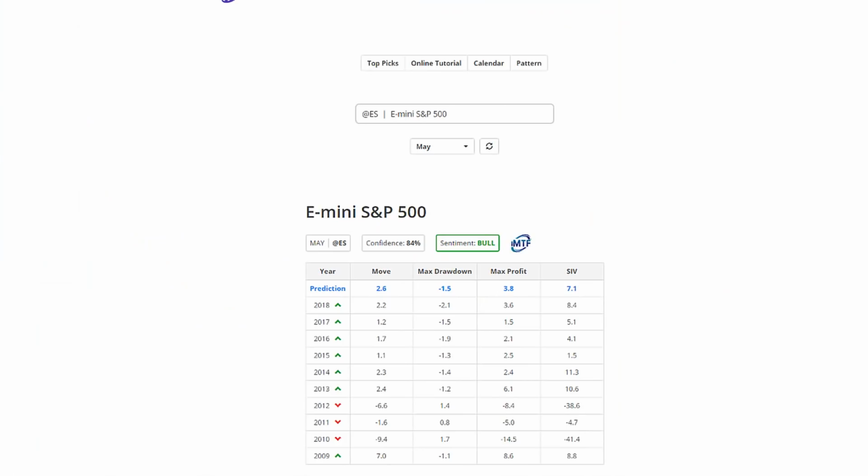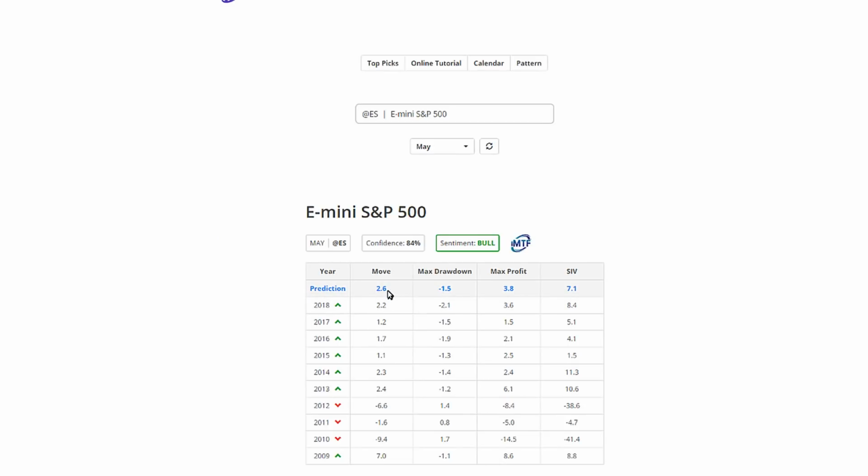If we look at seasonality that we provide for free at alerttrades.com, then here's the E-mini for May. And you could see it's got an 84% probability of being bullish. The last couple of years, in fact, last 6 years, it's been bullish here. However,